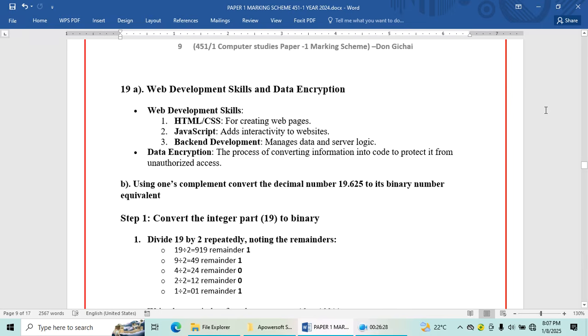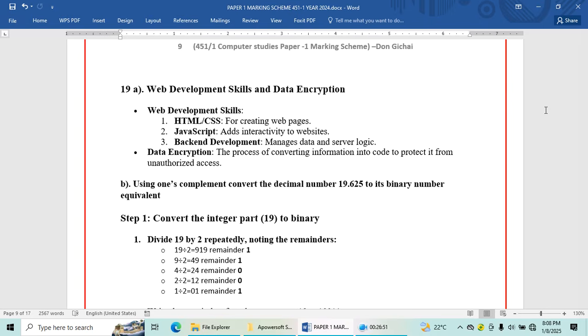It is for beautifying. Then we have JavaScript, that is for interactivity. Then we have the backend development. This is where you need Python, something like Ruby on Rails, something like PHP. So backend means whatever the user will not be seeing, that is the engine of the website.